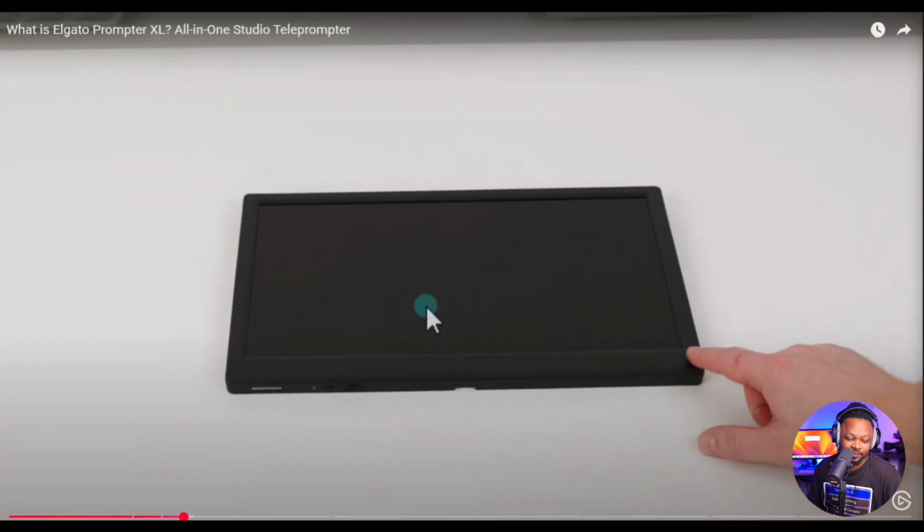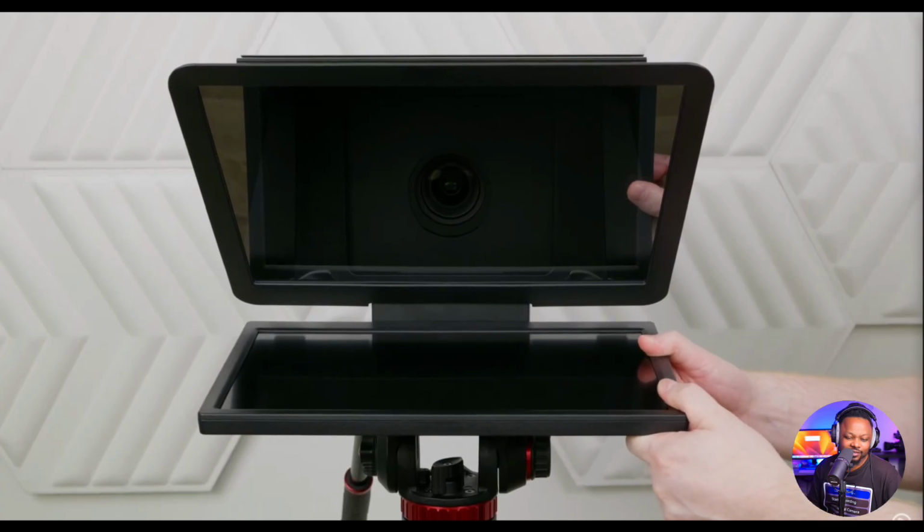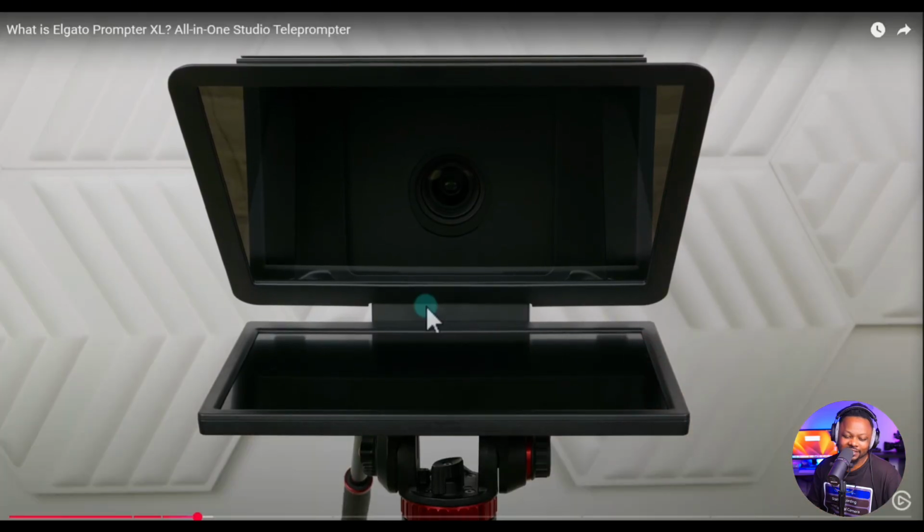The display is also separate here. So now the monitor is separate. That's cool. You might be looking for a tool to attach it, but don't worry, because Prompter XL's display attaches via magnets. You simply drop it on the magnetic platform and see it shift itself into the perfect orientation. Nice. This is cool. So this means you can use the monitor